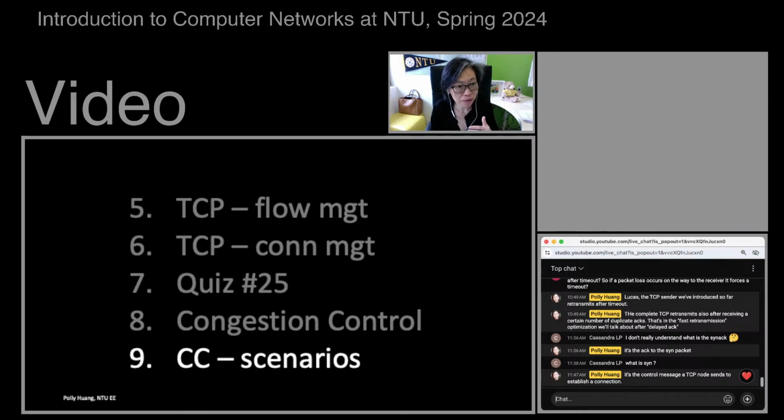Now, the second scenario is a little bit more realistic. We now assume buffer size is limited. As a result of that, we will begin to see packet drops. And having packet drops means also that if there's a reliable data transfer mechanism going on there, then retransmission will be necessary. So in the second scenario, you will see congestion might cause the delay to go longer, might cause packet drops, and might cause an increased demand of bandwidth.